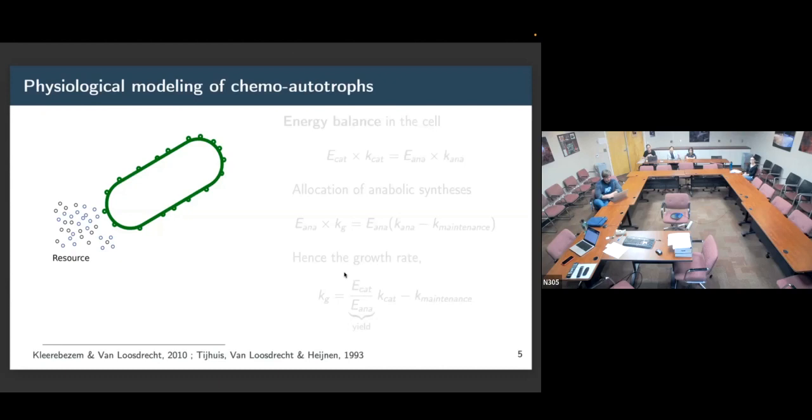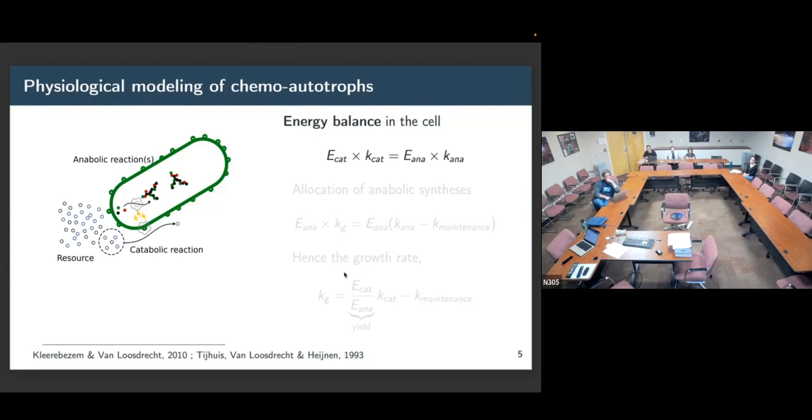And let's look at a pickle. It's not a pickle, it's a cell. Assume a cell surrounded by some resource, being those reagents from the catabolic reaction that produces energy. And the cell, with some machinery of proteins and stuff like that, is able to run the catabolic reaction and acquire the energy that is released from the catabolic reaction. We assume that